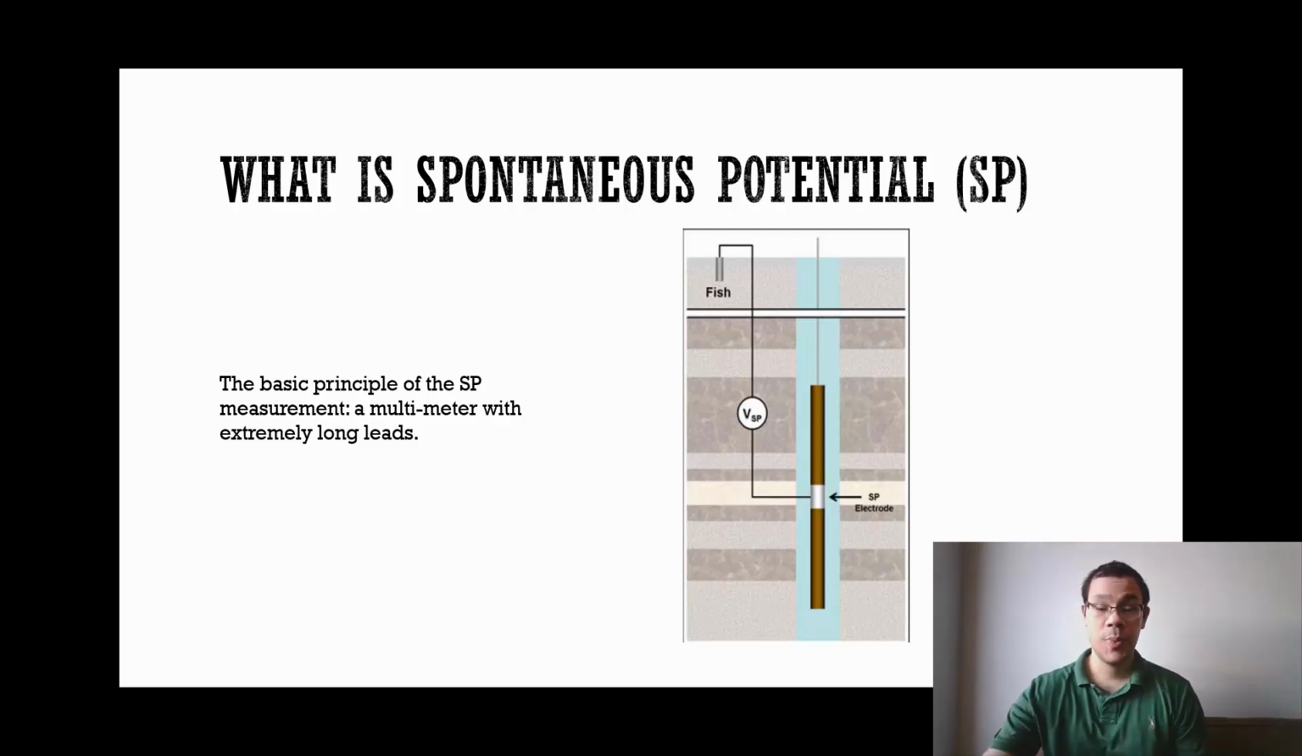To explain it, I like this analogy, which states that the basic principle of the SP measurement is a multimeter with extremely long leads. Put it this way. One lead is going to be your wireline tool, this one over here. The one SP electrode is attached to this wireline tool. It goes with the wireline cable way back to the wireline unit. The other cable, or the other electrode, goes out of the wireline unit, and